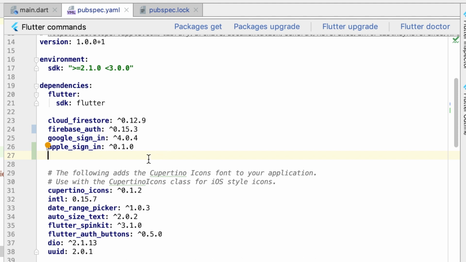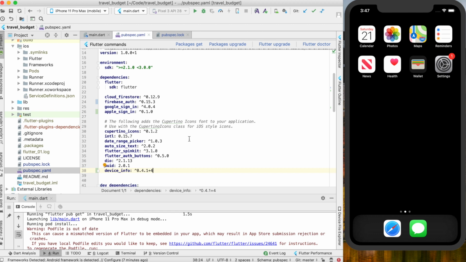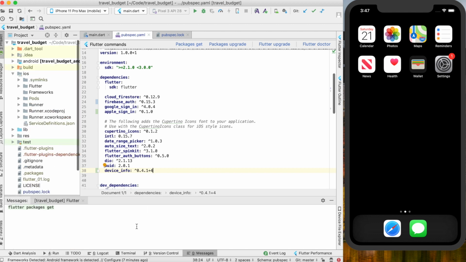And then we're also going to want another package called device info. This is going to allow us to determine if we're on an iPhone or an Android phone. I think there's a few different ways you can do this, but we're going to be using this package. And this is the version I'll be using. So save that, then run the packages get,